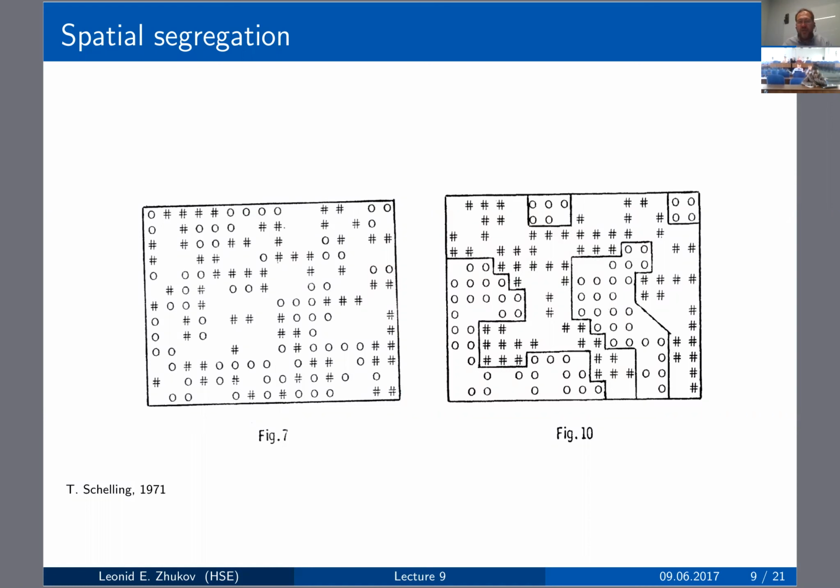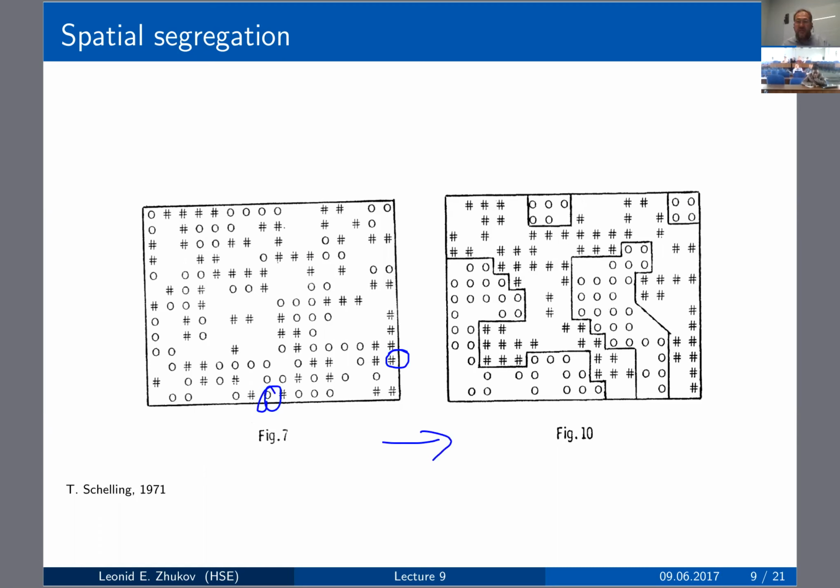And the empty spots is where nobody lives. And there are 2 types of people here, right? There is a circle type and there is this type. And then after several iterations of this game, where every agent has a chance to move,